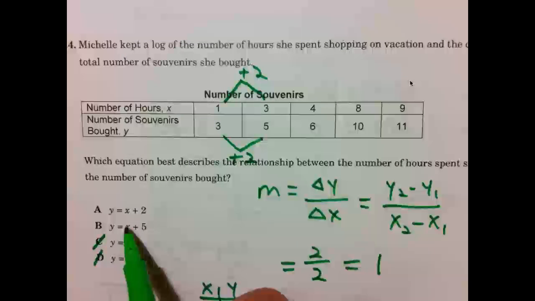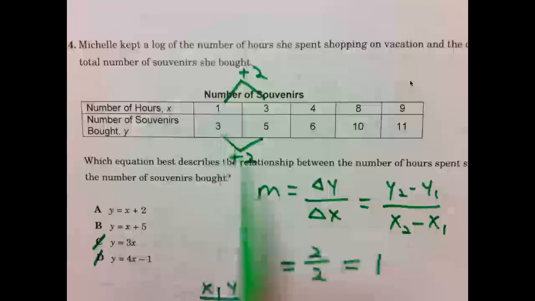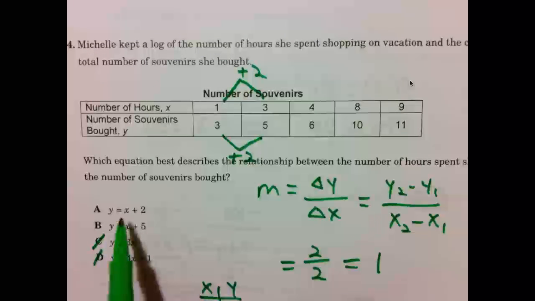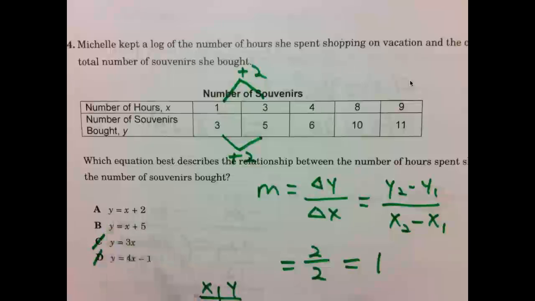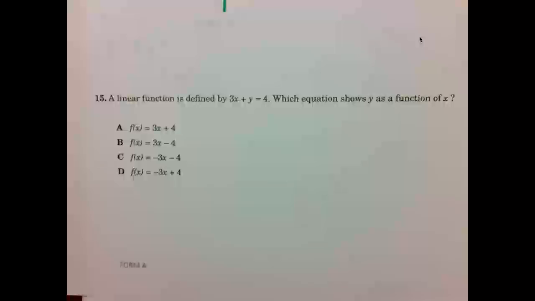Substituting 1 in place of x. 1 plus 5 yields 6. We want 1 to map to 3. So substituting into A, 1 plus 2 is 3. When x is 1, y is 3. A is the